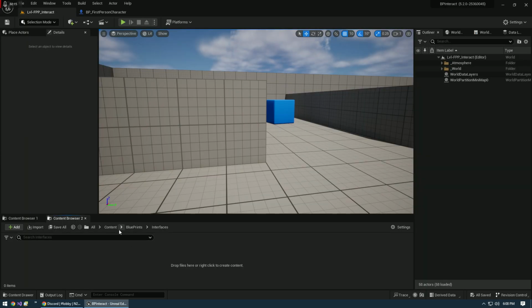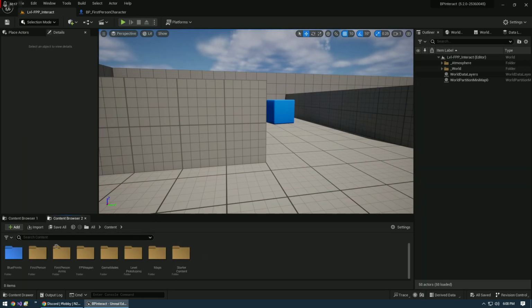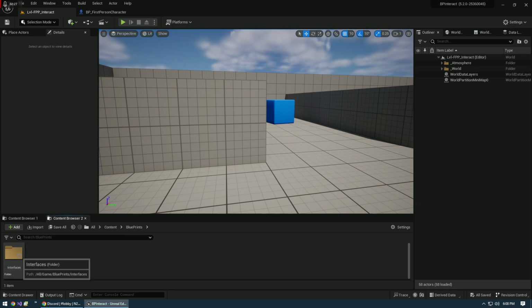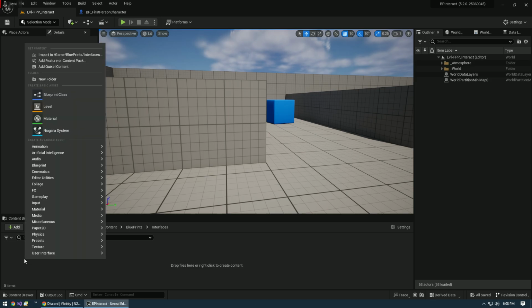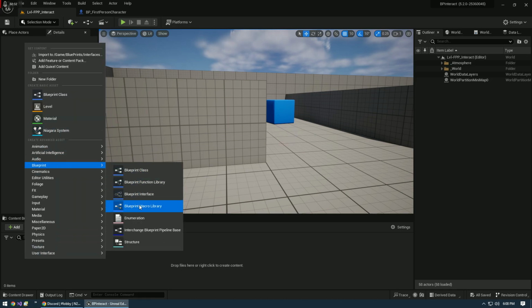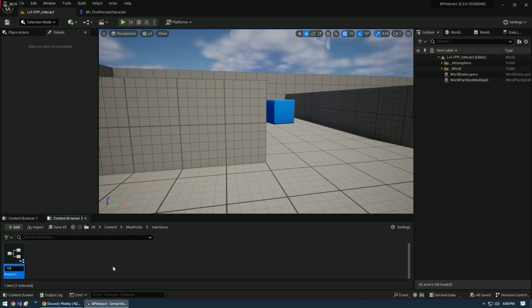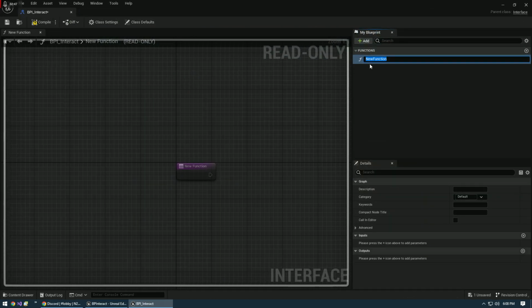First thing we're going to need to do is, under content, create a folder called blueprints. I like to store blueprint functionality in a blueprints folder. Inside blueprints, we want to create a folder called interfaces. Inside interfaces, we're going to create a blueprint interface, BPI_Interact. Naming convention BPI allows us to find our BPIs real quick. So with that, we're going to open it up, and the very first function, we want to name that interact,